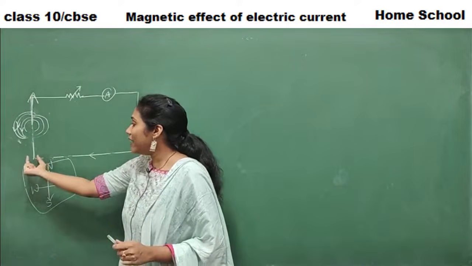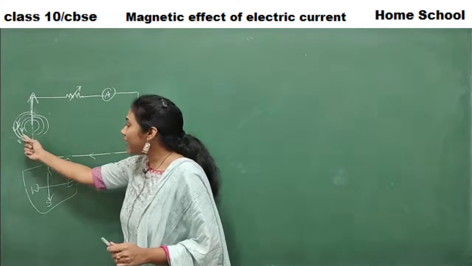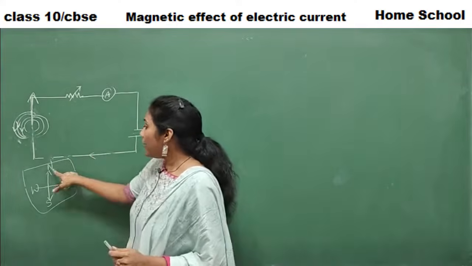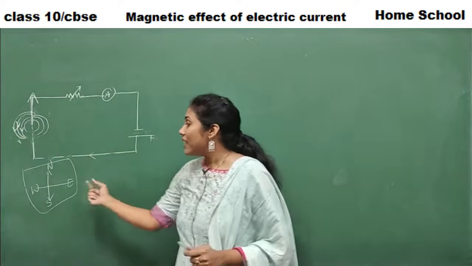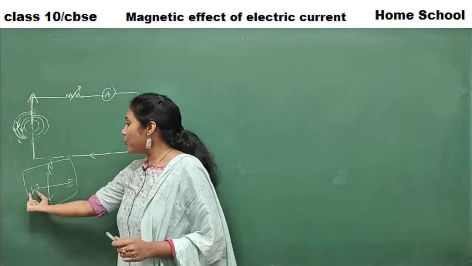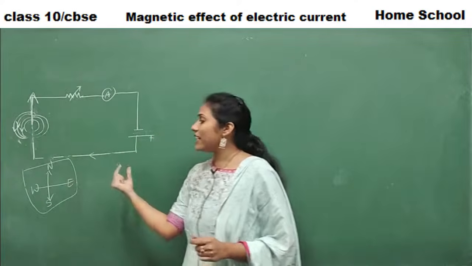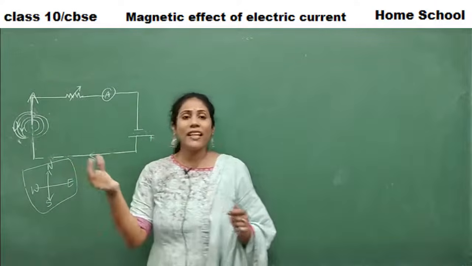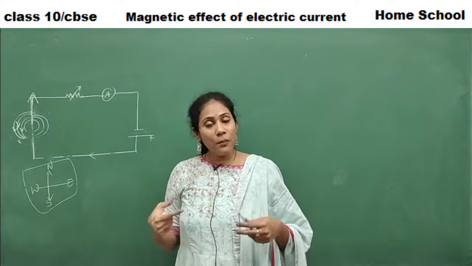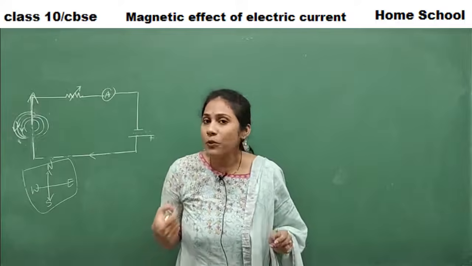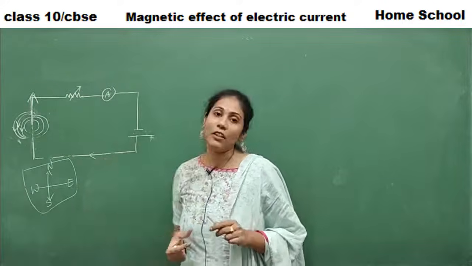Now I will give you 4 important directions of current. Say current is flowing from south to north. What will happen for the direction of field lines? Current flows from north to south. What happens for the direction of field lines? Current flows from east to west. What happens for the direction of field lines? From west to east, when current flows, what happens for the direction of field lines? These are the 4 points I will mention on the board, which are very, very important from the board examination point of view. Questions can be asked on this particular concept.